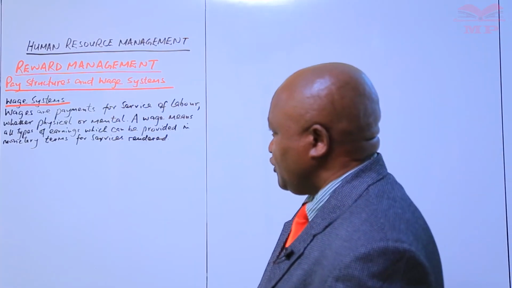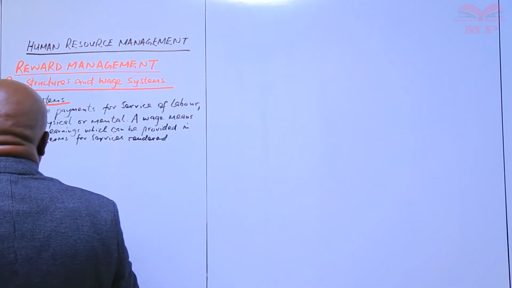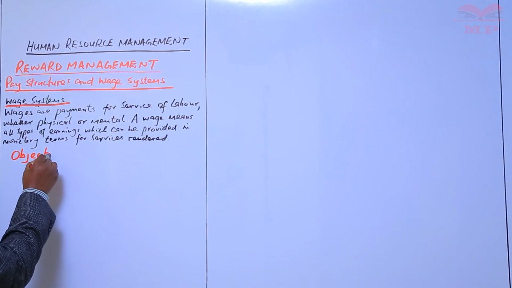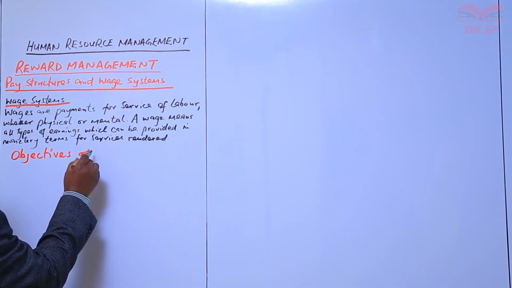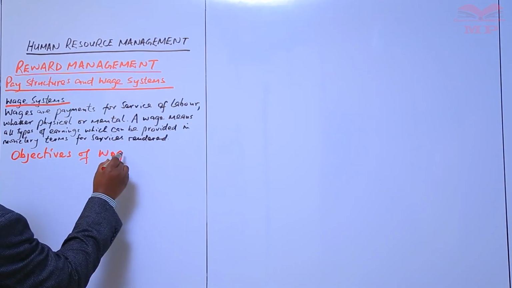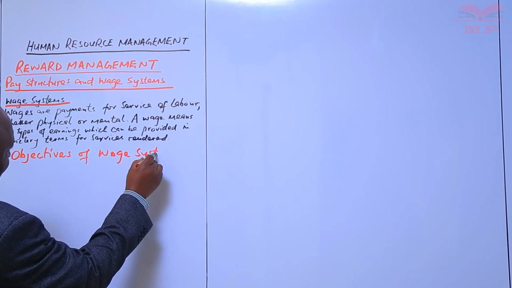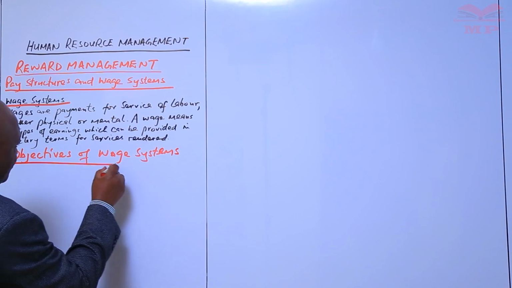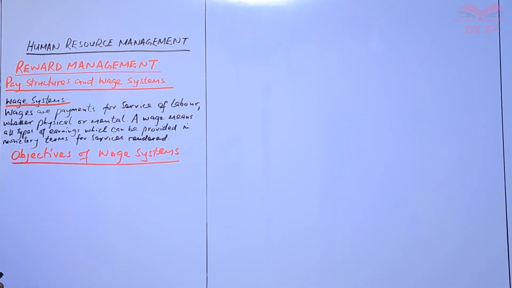So the first thing we want to look at is the objectives of wage systems. So what are some of the objectives that may be associated with a wage system, or when an organization wants to put in place a wage system, what are some of the objectives they would want to look at? So the first objective